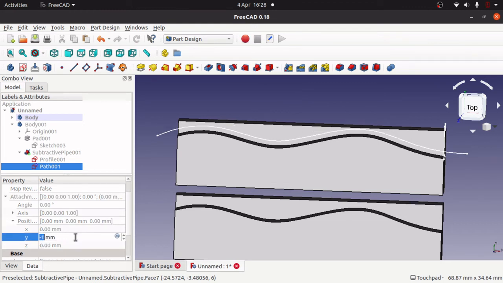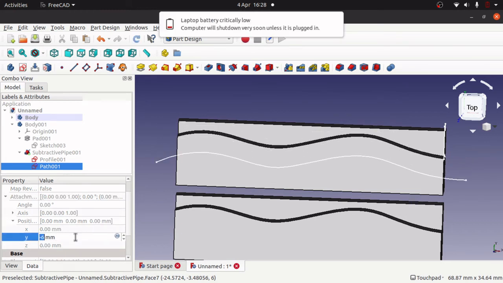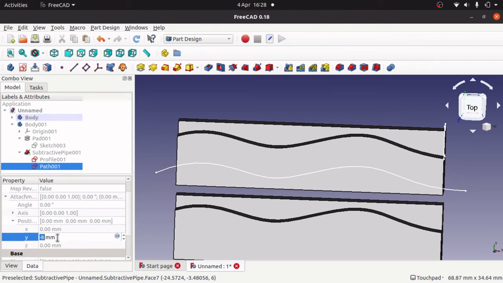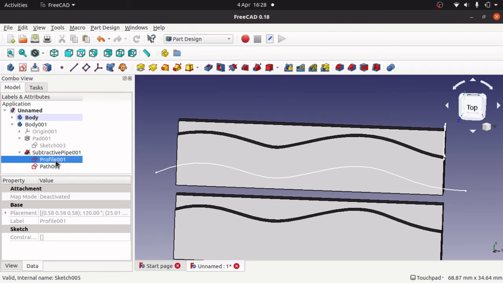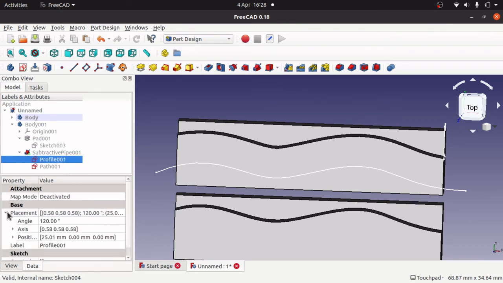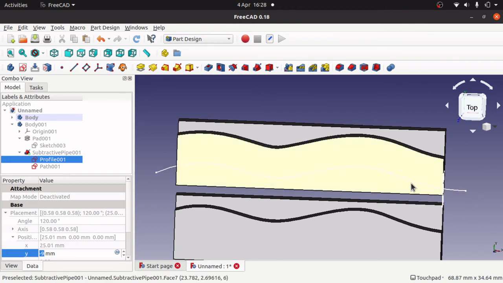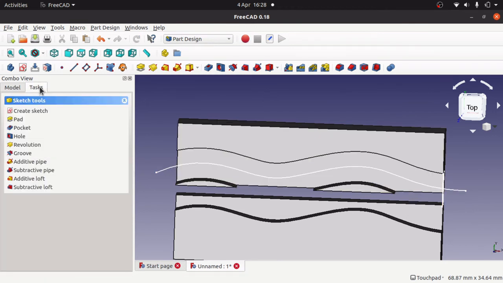I can then move that down and then do the same for the profile. Click on the profile, click on placement, position, y-axis, move that down so it intersects that. Go to tasks, and what will happen is that will move. So that's moved